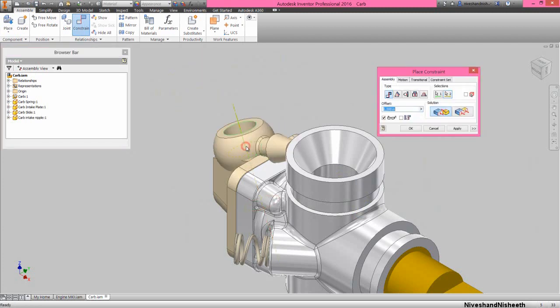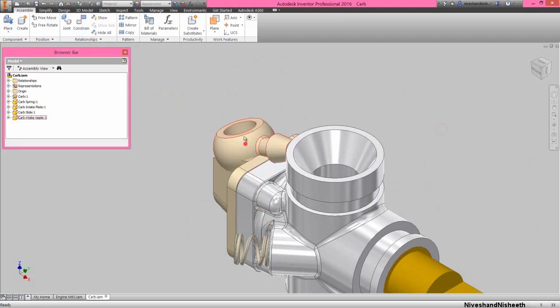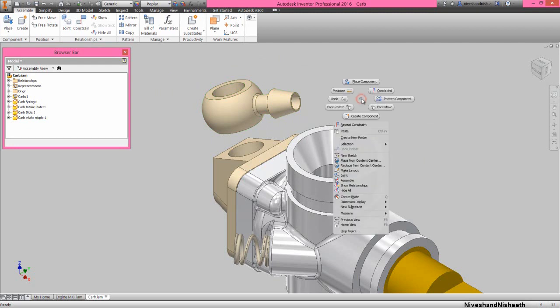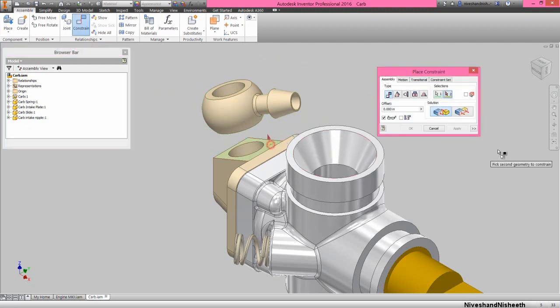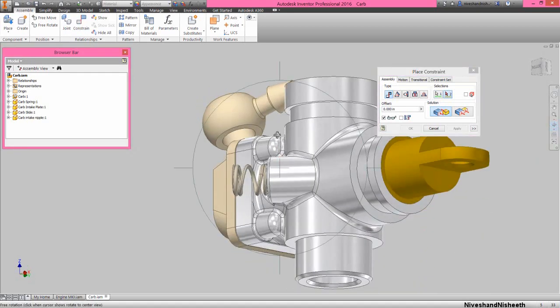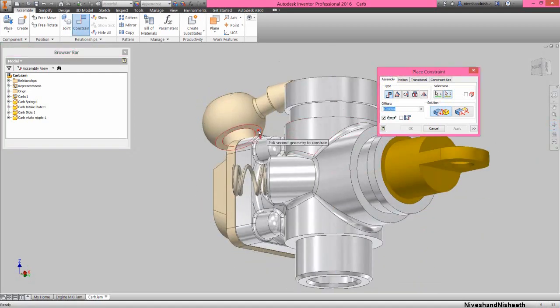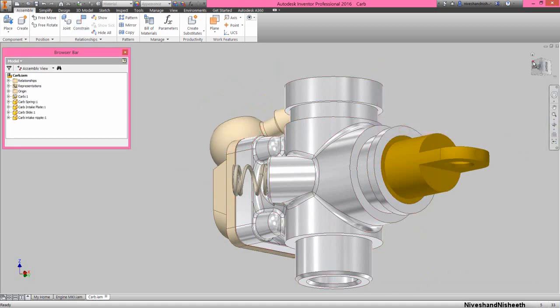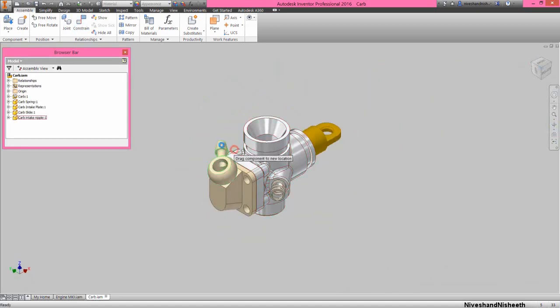Okay, now drag the part and create another mate constraint between this face of carb intake plate and the back face of carb intake nipple. Okay, now see, now save the assembly.